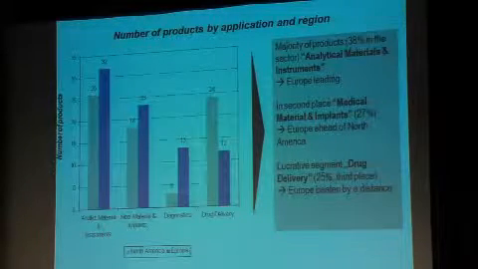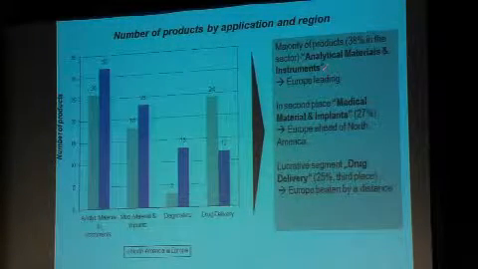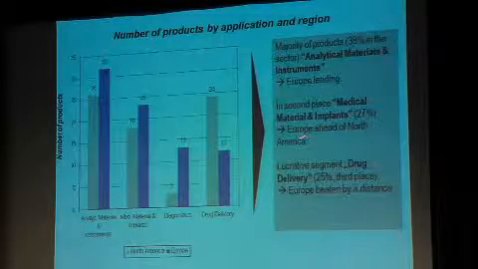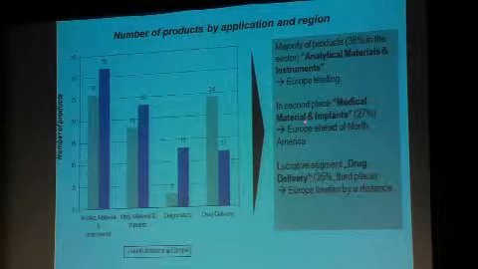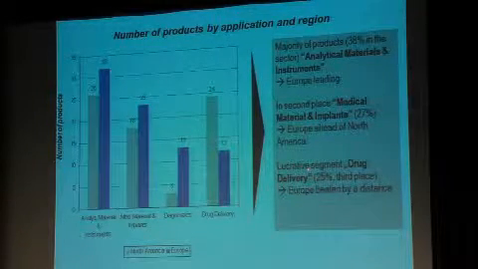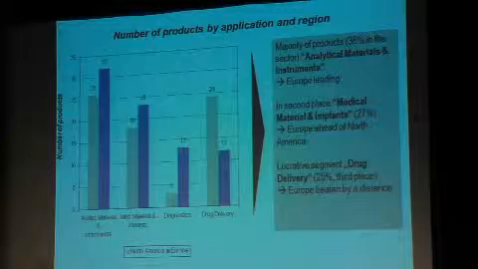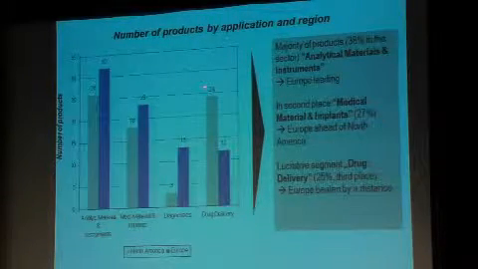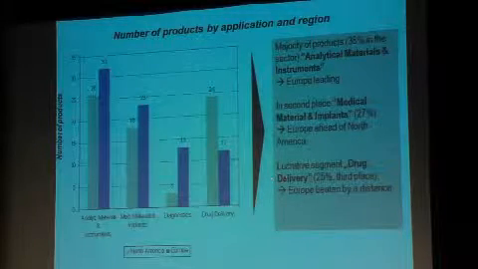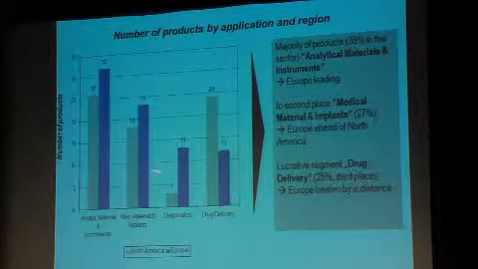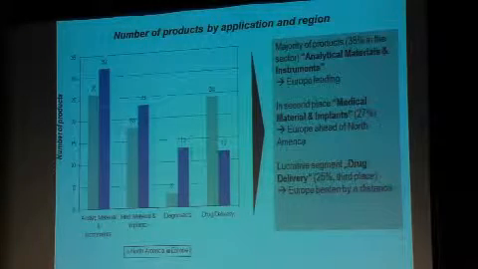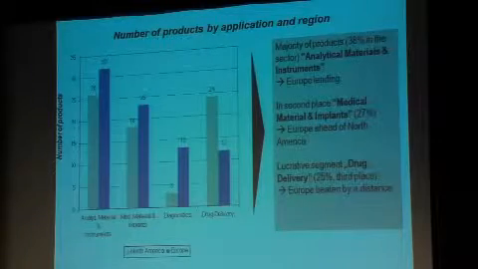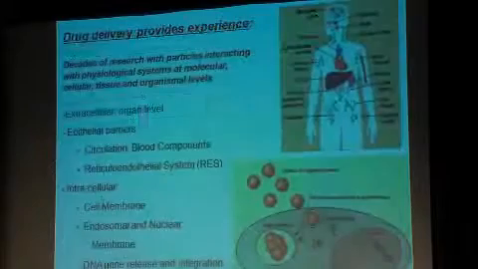And there's a certain elegance in Europe in terms of making analytical instrumentation very cleanly and with high performance. Europe is ahead of North America in the medical and materials implants game, but it's beaten soundly by North America in drug delivery. This is exactly the point I tried to make in the Q&A session yesterday: the North Americans in general are far ahead in the drug delivery aspects of this, while the Europeans are ahead in the other. This may be a cultural issue, an insurance issue, or a reimbursement issue. There are many factors, and I don't want to place any judgment call on this. It's just the facts as I see them.